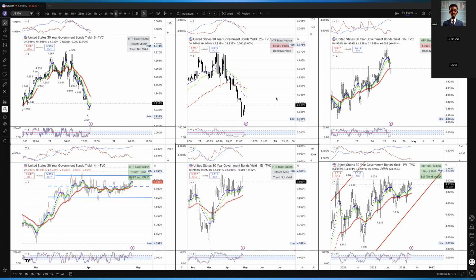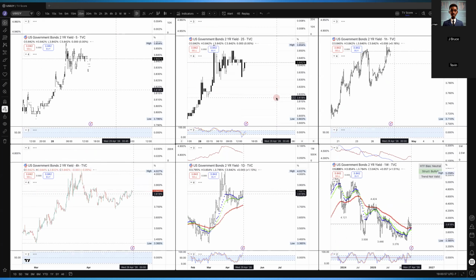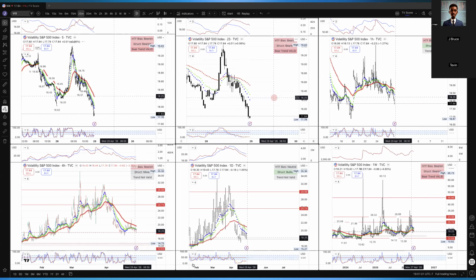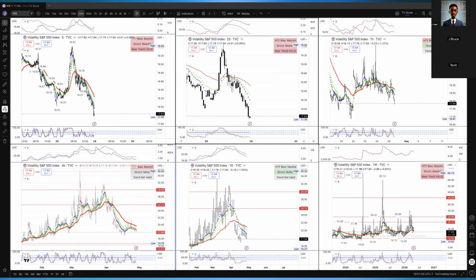And what I didn't look at real quick, I didn't take note of the VIX's actual value. Let's take a look at the VIX. VIX is at 17.84 right now, which is down from yesterday, which was 18.2, which shows that there's a little bit more fear leaving the markets, which means more risk is entering the markets. So with that being said,